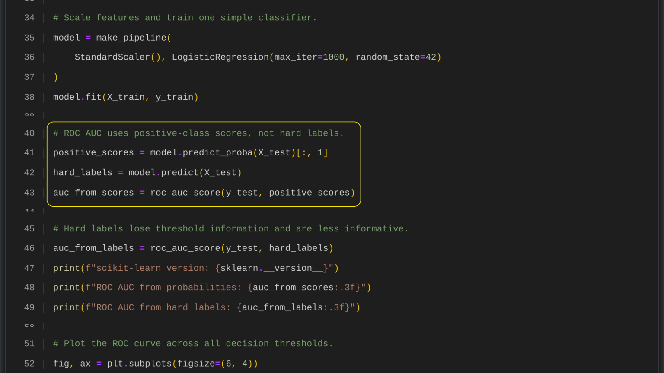To evaluate the model, we first use predicted probabilities to get each test sample's score for the positive class. We can also produce hard class labels using the default decision threshold, but the ROC AUC score is computed from the true labels and the positive class scores. This metric shows how well the model ranks positive cases above negative ones across different thresholds, giving a richer evaluation